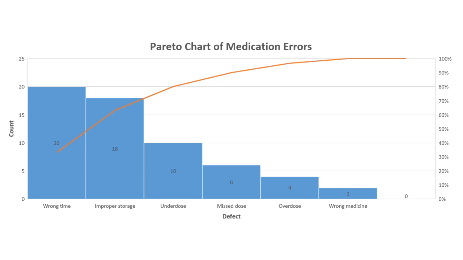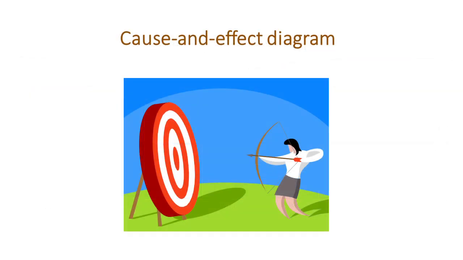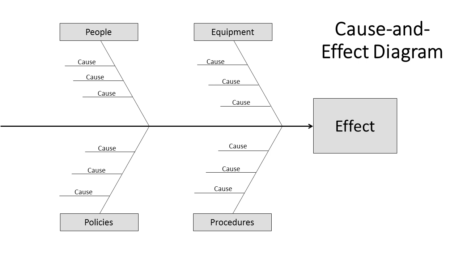This is a Pareto chart that helps us understand which types of medication errors in our hospital are the most common. A cause and effect diagram is a tool for discovering all the possible causes for a particular effect or outcome. It is also called a fishbone diagram and identifies many possible causes for an effect or problem and sorts